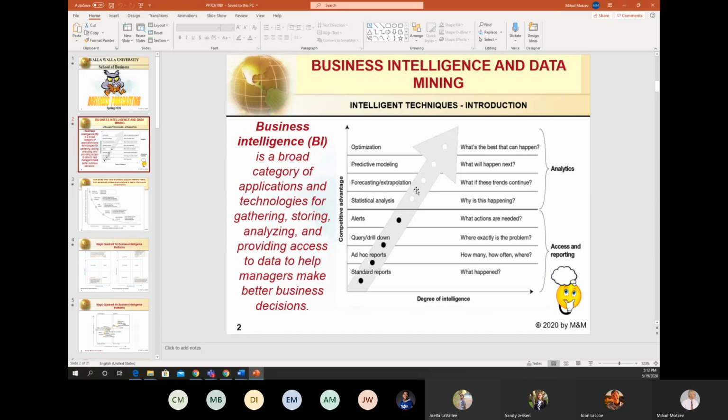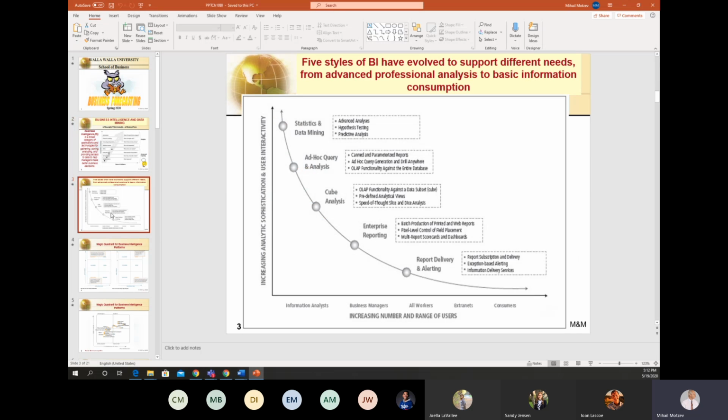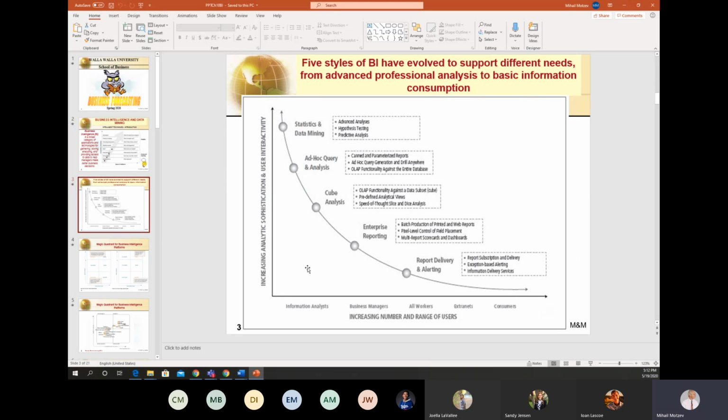And here we can find answers to very complex questions like what will happen next, or why is this happening? In other words, these techniques develop new areas of analysis.